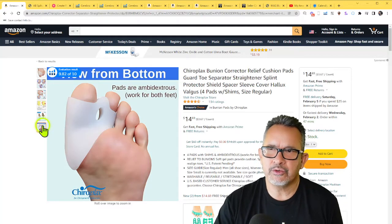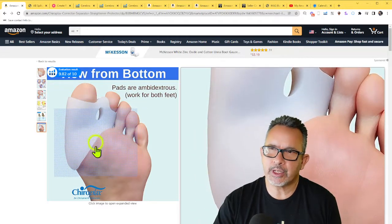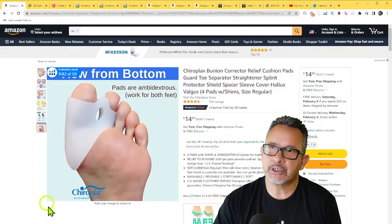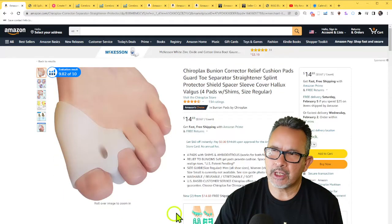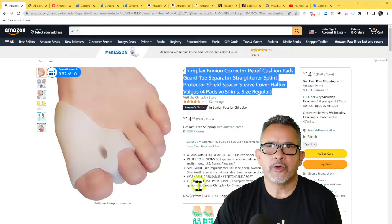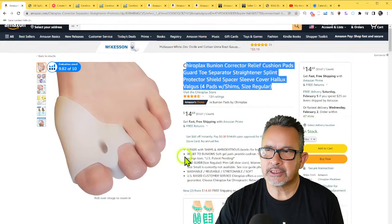It actually shows a foot, and I get an idea of what it looks like, and because it's high resolution, I can actually see, even without you saying, that it's soft material. So please, revamp those, retool them with high resolution images throughout. As far as your title, you're not utilizing all of the characters allowed by Amazon, and this next one, this